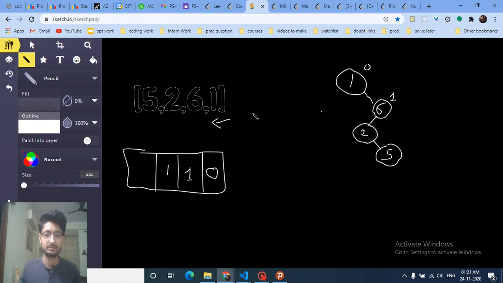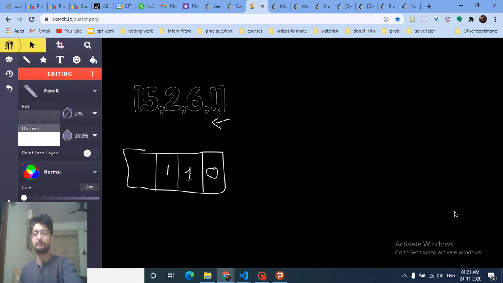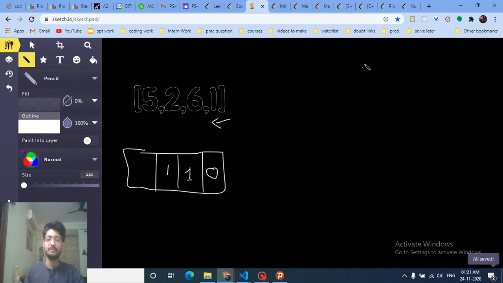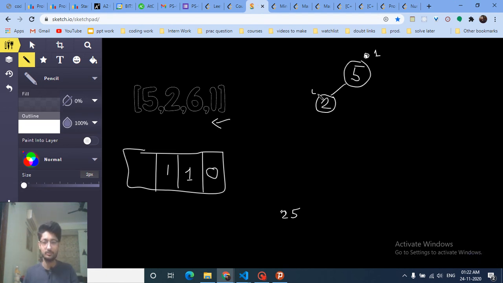Okay, so let's draw out another case, because this one is not very easy to understand. Let's assume we have the starting number 5. 5 is inserted first in the binary search tree, and the frequency is 0. Cool. Now the next element is 2. So we're gonna insert 2 here because 2 is smaller than this, and we're gonna increment the frequency of 5 by 1, and the frequency of every newly inserted node is 0, because it is a new node.